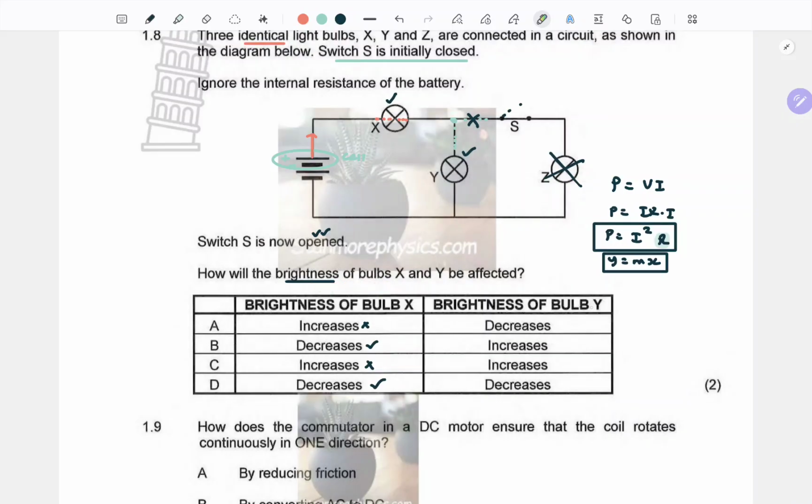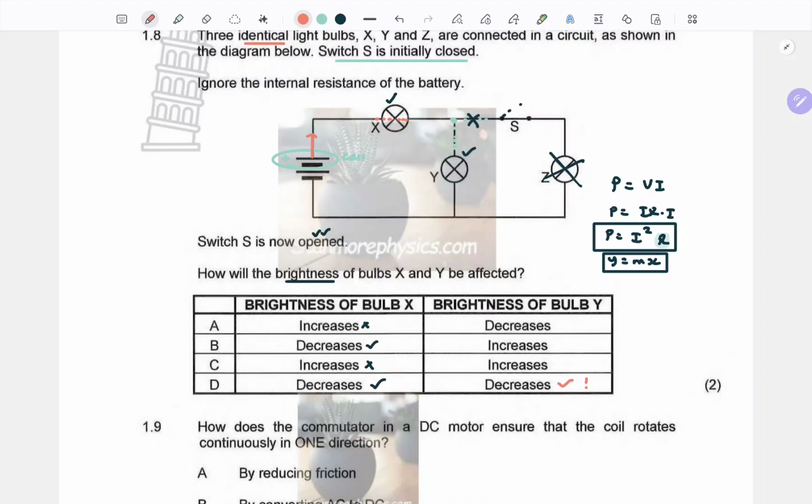All right, so that one is done. Now, bulb Y is a bit tricky in that we need to think more than just guess. Of course, it would be easy to say if we dropped the external current, this one should decrease as well. So a student would be like, yeah, probably this. It would make sense, but that's not quite the case.